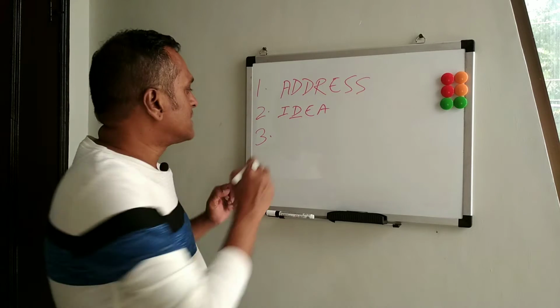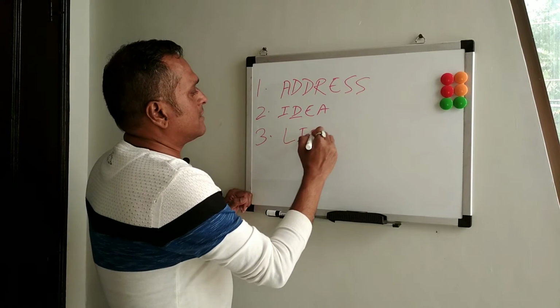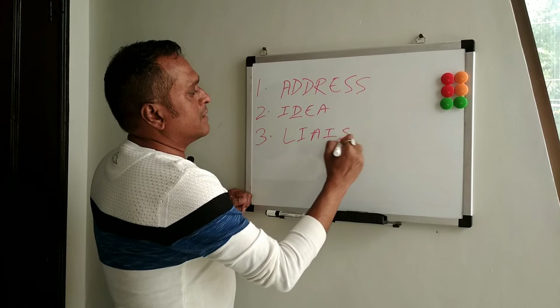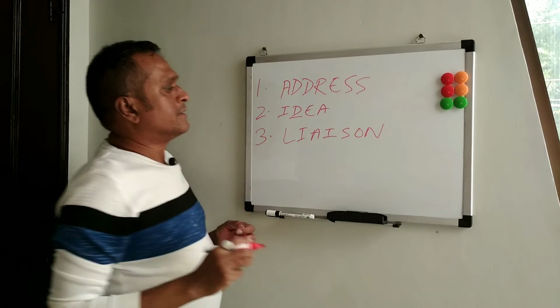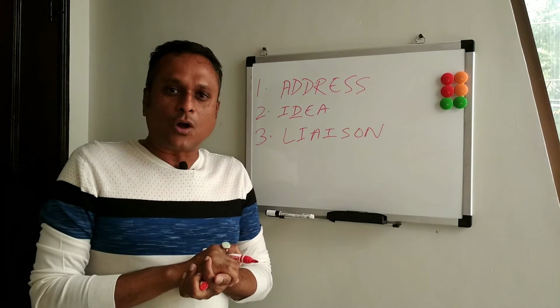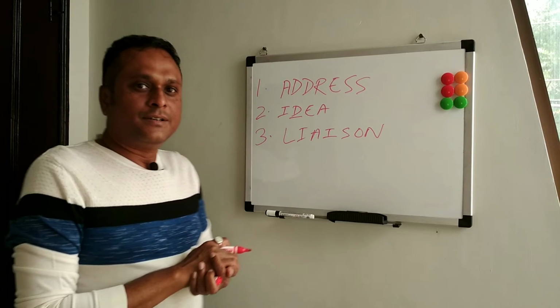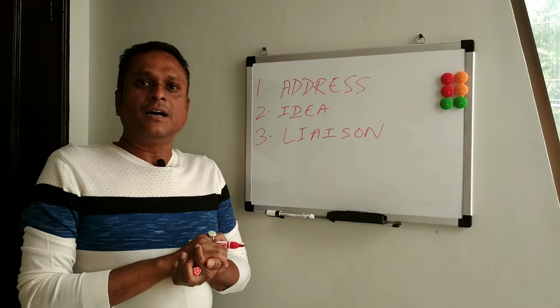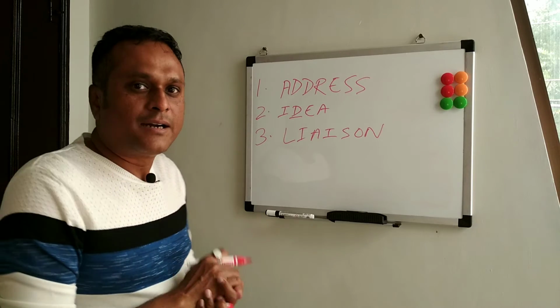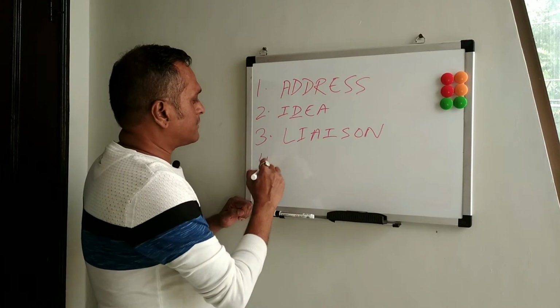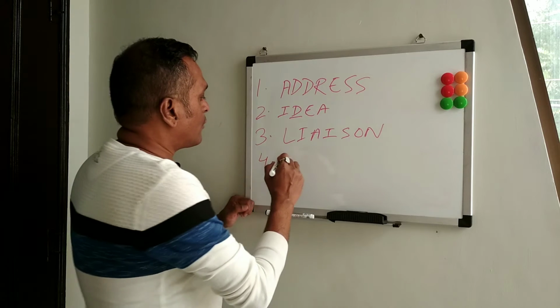Third word comes as liaison. This is not liaison, this is liaison. Liaison. So the liaison officer dealt with the government clerk cleverly. Liaison. The fourth word is